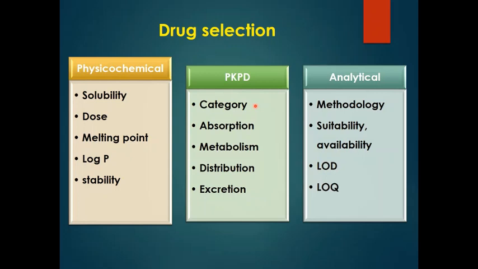And next, what is the ADME profile? Means what is the absorption, bioavailability, whether it is metabolized by CYP enzymes or excreted in the urine, whether it is deposited in the tissues or not. All these things need to be taken. And next, analytical method. Why did I write analytical method? Physical chemical properties and pharmacokinetic properties are okay, but what about analytical methods?